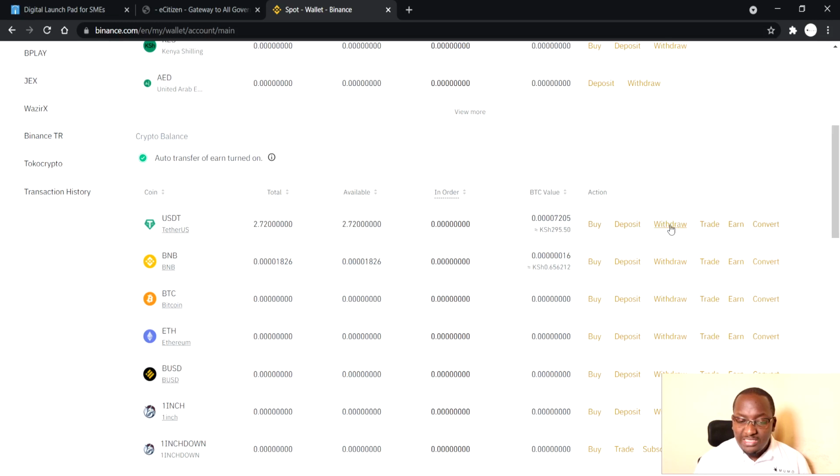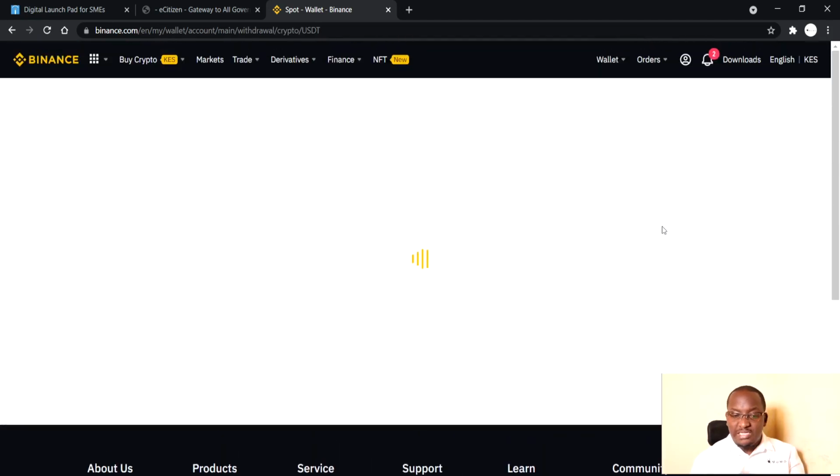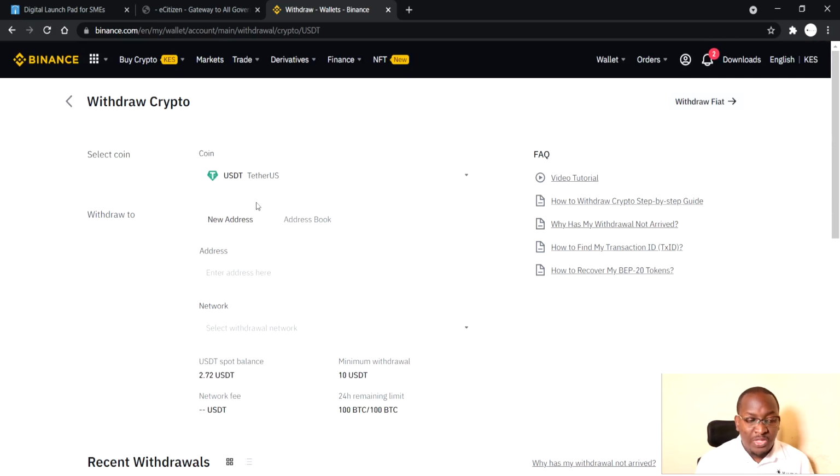If you want to withdraw, here it's withdraw. Withdrawing is like sending it to someone else. You can send on Binance or to another person. I'll show you an example of how to do it on Binance. You'll click on withdraw and say you want to send the USDT, and you'll enter the address of this person. On the other end, that person will need to click on deposit, click on USDT, and find their address. I'll show you that in a minute.